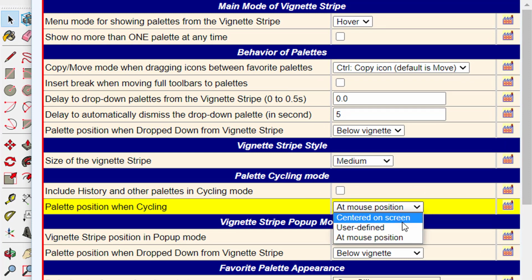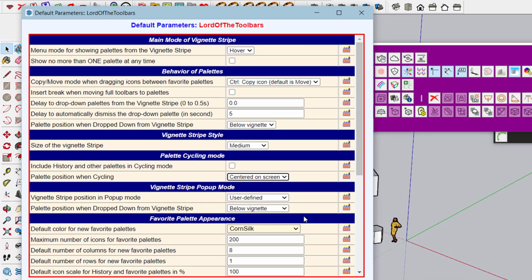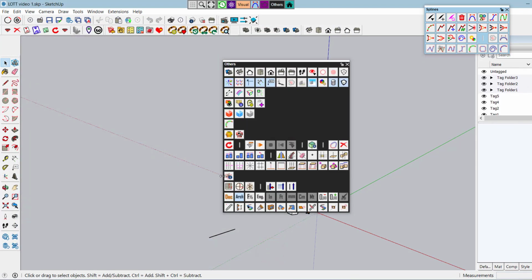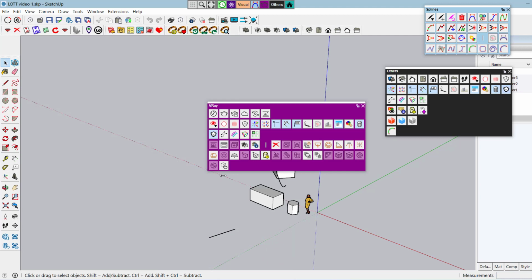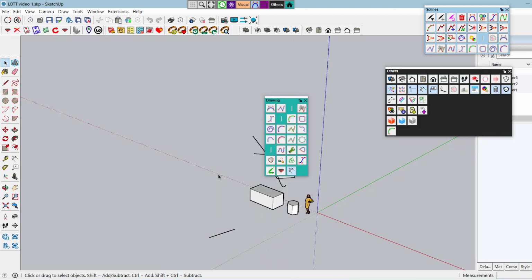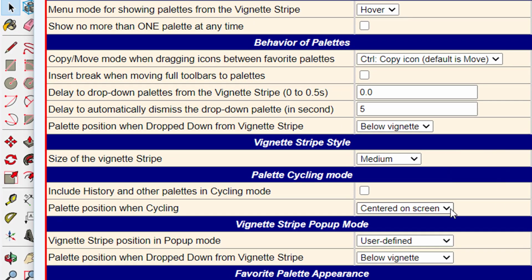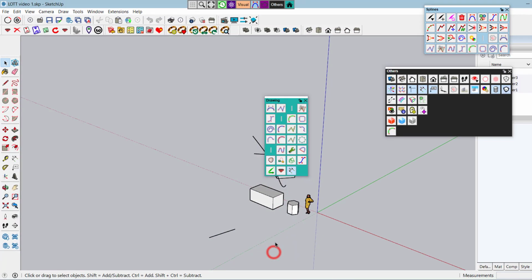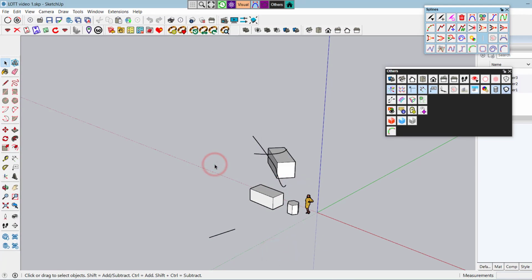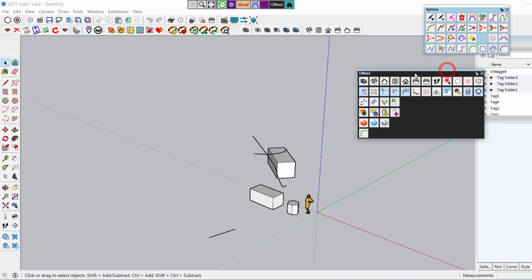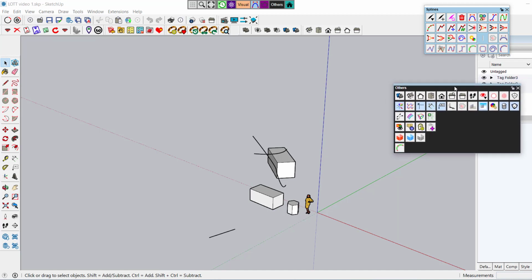Okay, you can center it on screen. Okay, so now it is centered on screen for all palettes, or you can, for those who want, have it at the user-defined position. So the user-defined position is the position where you put manually the palette.